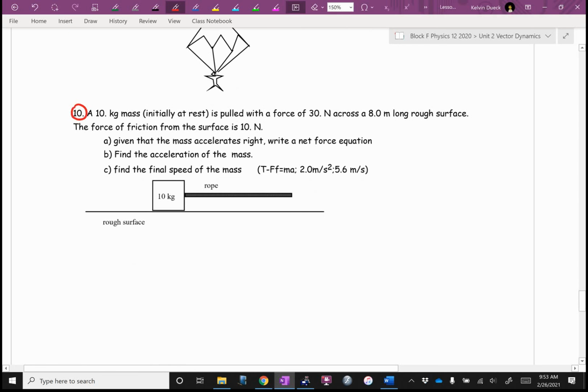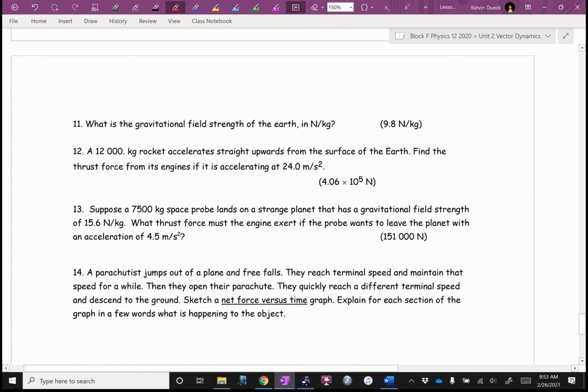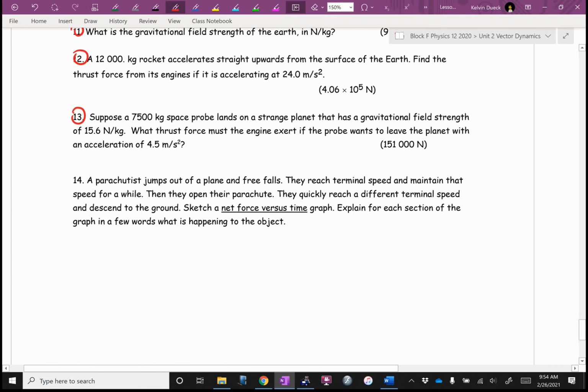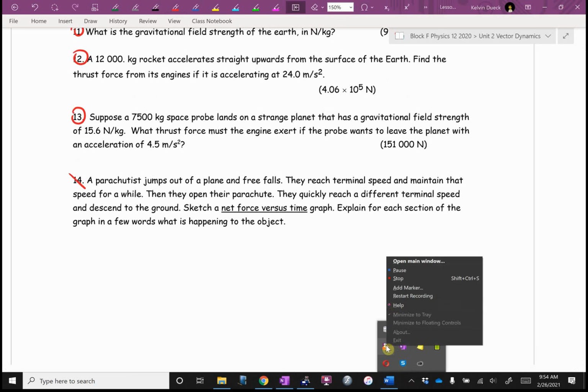You can try 10. I stuck a little friction in there. 11 is good. 12 is good. 13 is good. We just had a Mars lander, but you can skip 14. But I wrote at the end of the lesson,